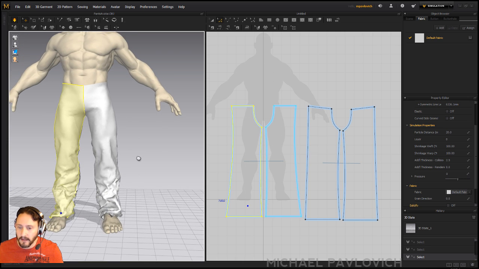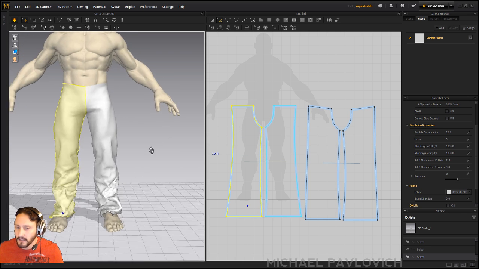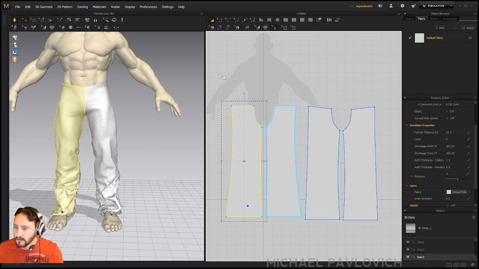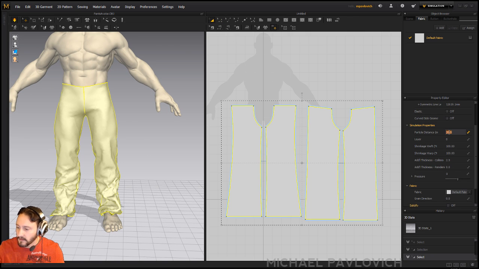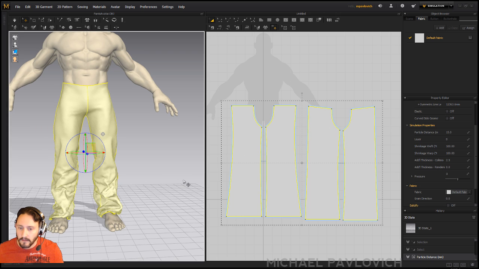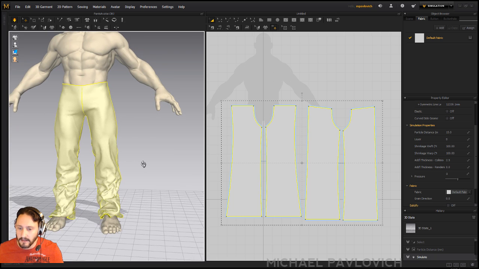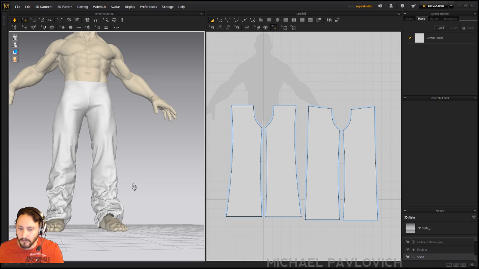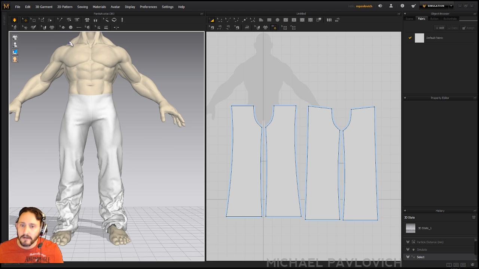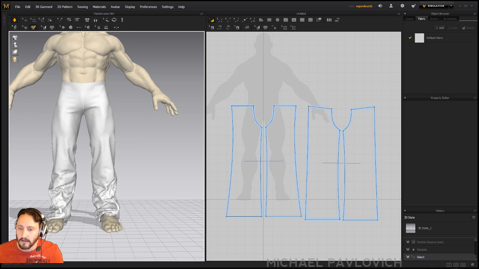Like if he's wearing knee pads or something, all it would be is, you know what, let's take these and we'll raise the particle distance down just to like 15, so it's a little bit nicer. And again, he has that kind of lightweight nylon fabric, so it's going to be super duper wrinkly. But you can go in here with your chalk. There's a little chalk thing you can go in here and draw